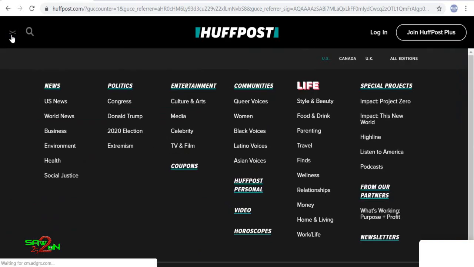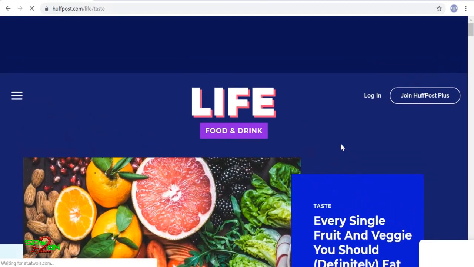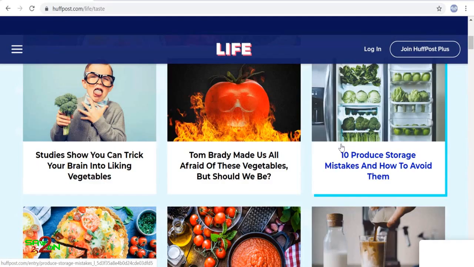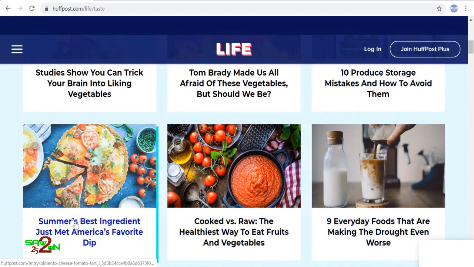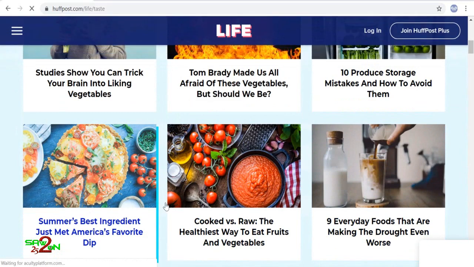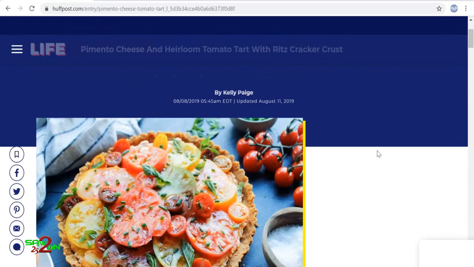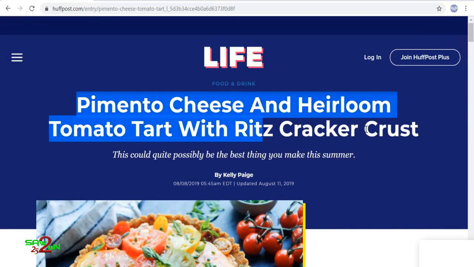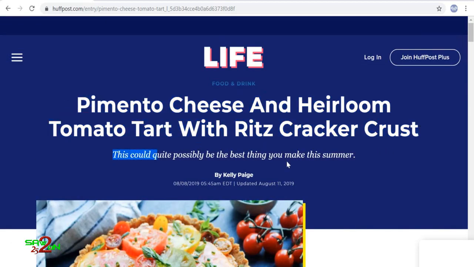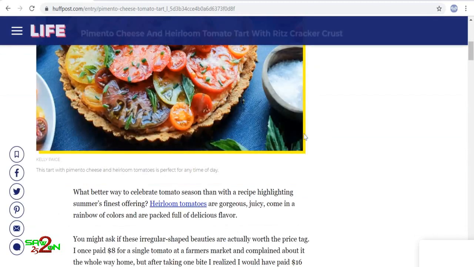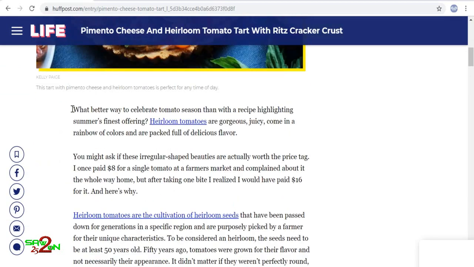Okay, so we'll head over to food and drink, style and beauty. We go to food and drink, and we can pick any of the articles here. Okay, let's pick the ingredient one. Okay, so let's make this page. You can see the page has a heading. This could be a subheading, then some text here, then there's an image here. We haven't learned how to embed the image, so we won't embed the image.